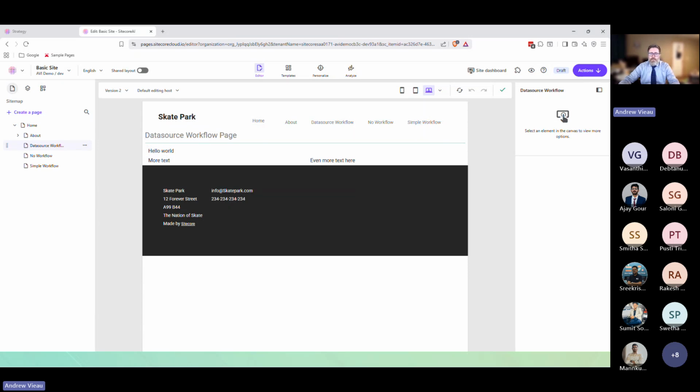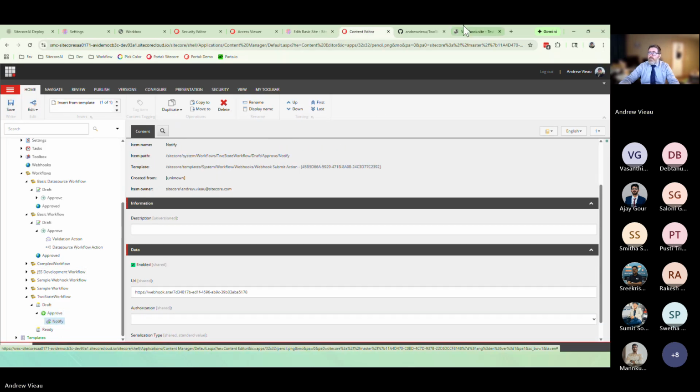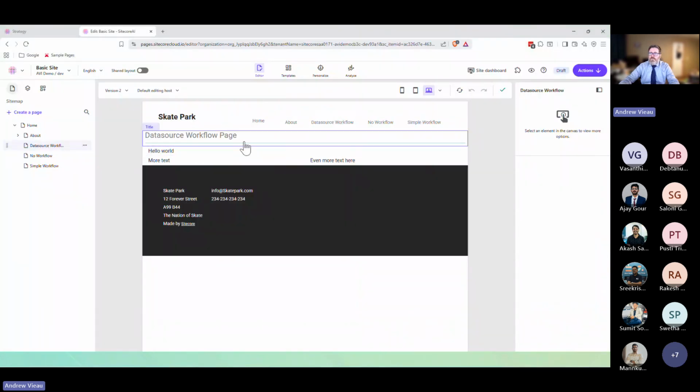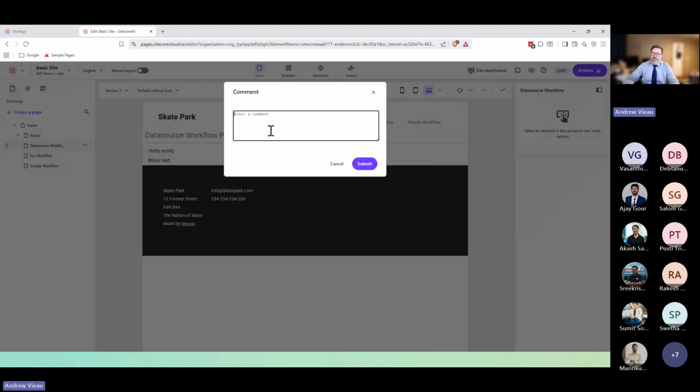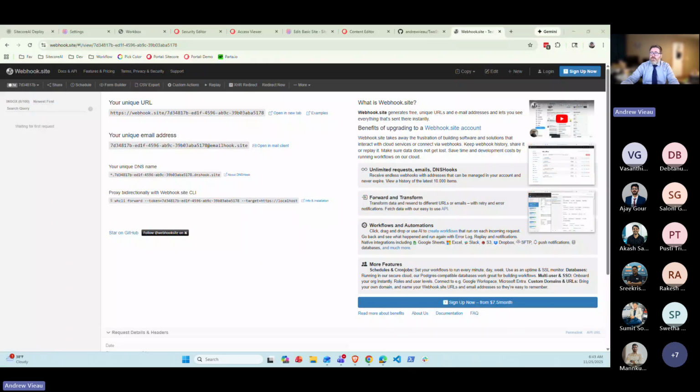Now, what I want to do back in my admin account, let's see, actually, I've already assigned that workflow action. I'm just going to double check and make sure that I saved my changes. And so now when Andrew, the author, goes and makes his change, we just changed the title of the page, and approves that content, changed the title, we can see that when that action executes,